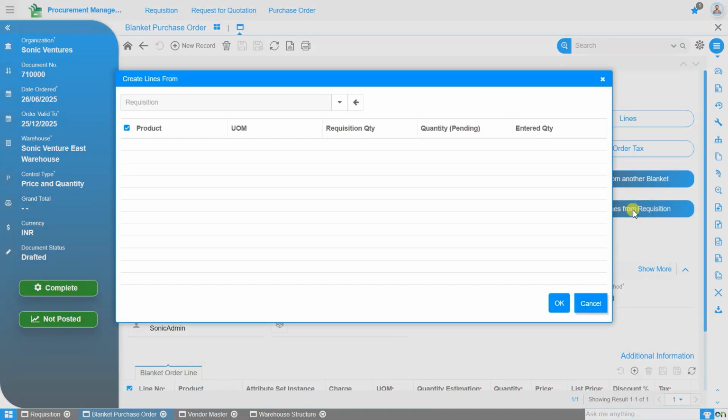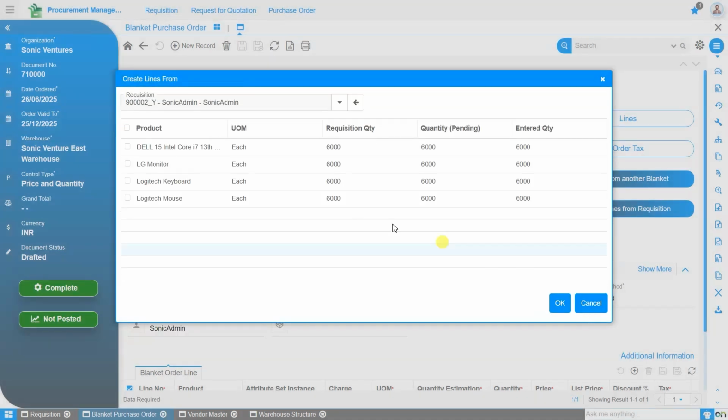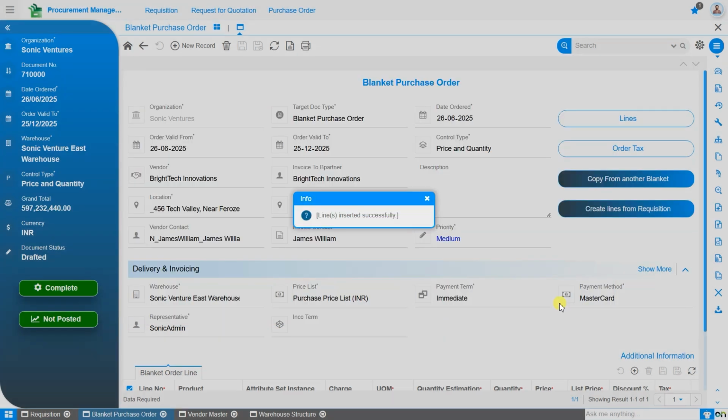By clicking on it, the Create Lines from Requisition form will appear. Here, click on the Requisition field to open the Requisition selection window. Select the requisition we previously created and confirm by clicking OK. After that, you will be able to see all the products associated with that particular requisition in the form. You can modify the entered quantities if needed, or skip any product by deselecting it. You also have the option to select a single product. But for now, we are proceeding with all the products, so we will click OK, and the lines will be